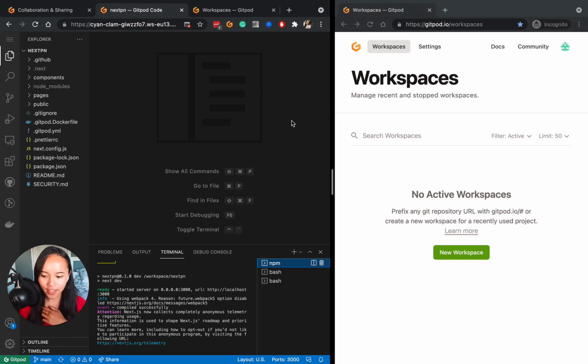We can actually collaborate and share our workspaces in two different ways. On the left here, this is my GitHub account and my own workspace, and on the right, this is my other account, and I'll be sharing that workspace with them so you can see how it works in action. The first way you can share your workspace is by actually sharing a link.